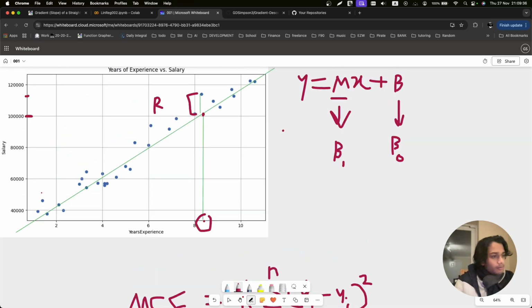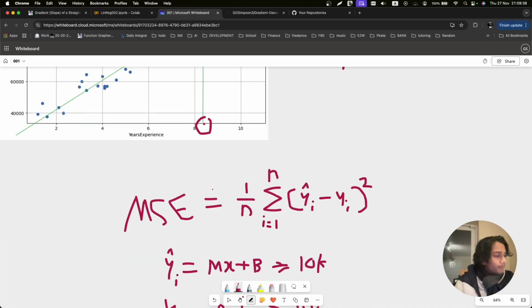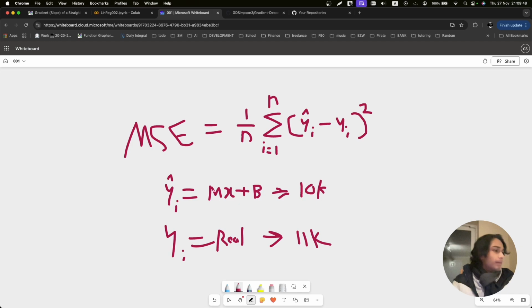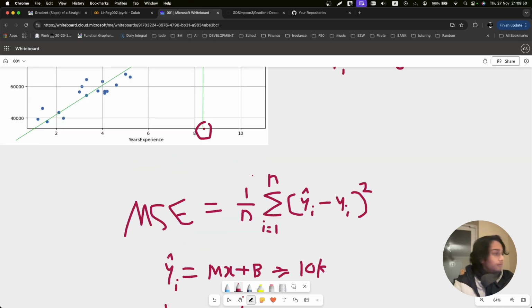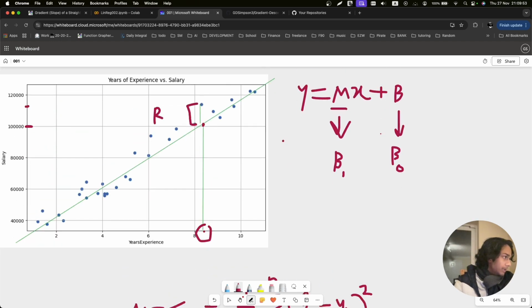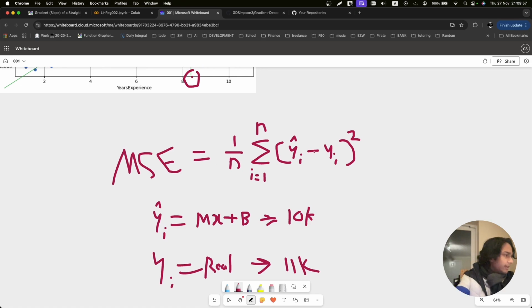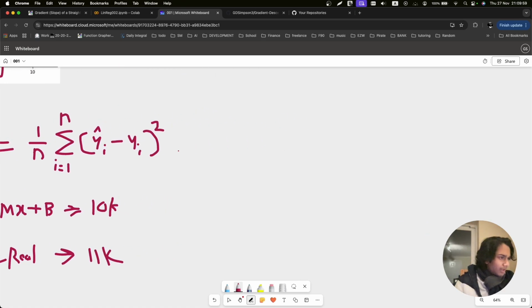And we assume there are 30 points here, so we're going to divide it by 30 to find the mean square, so basically the average. And that's what this whole thing is about, the mean squared error. And we want to find the m and the b which give us the least amount of mean squared error. So we can rewrite this mean squared error as equals 1 over n